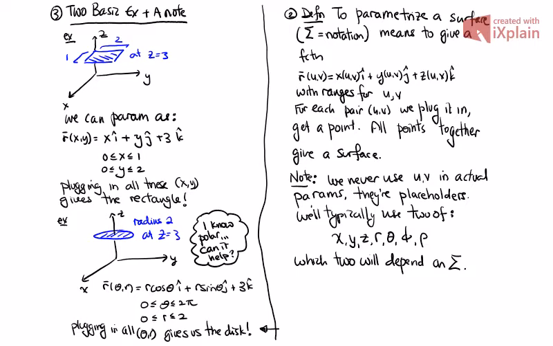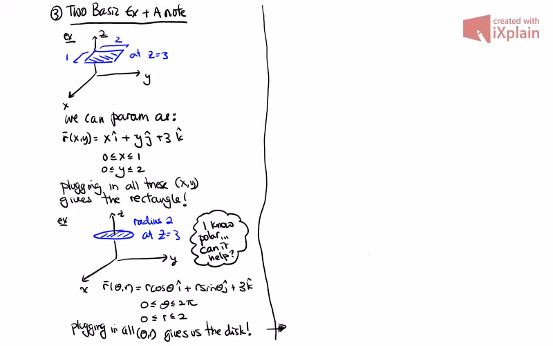So take a look at these, right? They're both sort of pieces of a horizontal plane, right? They're both pieces of the plane z equals 3. One is rectangular, and we're using x and y. One is disk-like, and we're using r and theta. So I just wanted to point that out so I can make the following sort of really concrete point. So the observation I want to make here